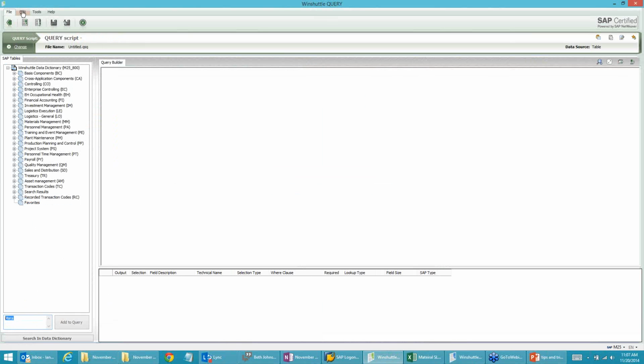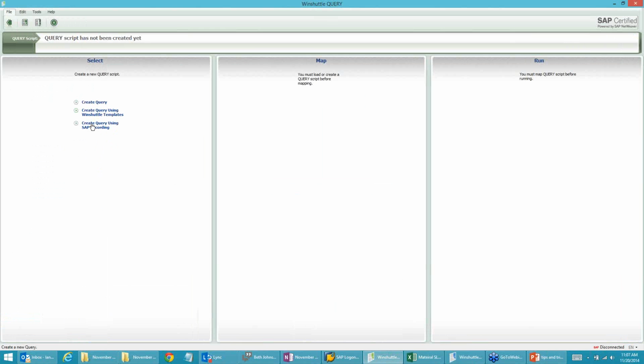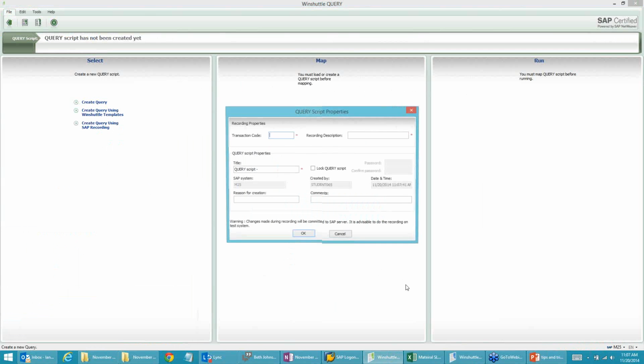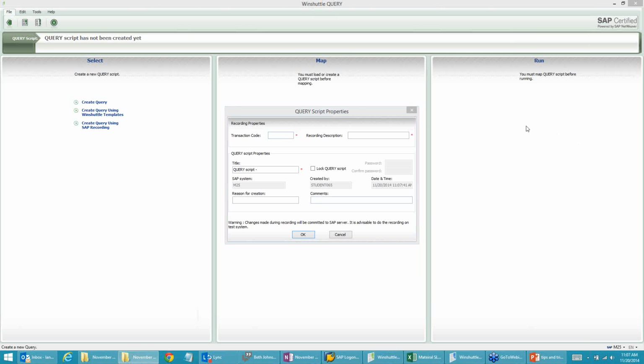But this time we're going to do something a little bit different. We're going to use this create query using SAP recording. What this option allows you to do is record a transaction, and then the query will follow along the fields that you've touched, and then go find the tables that are associated with those fields. So that's what we're going to do. We're just going to do a simple material master update, and we're going to take a look at how that works. Referring back to my notes here, all right,